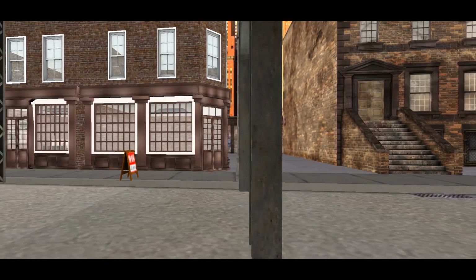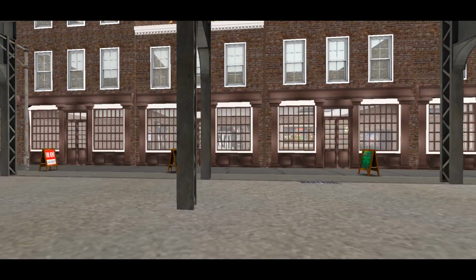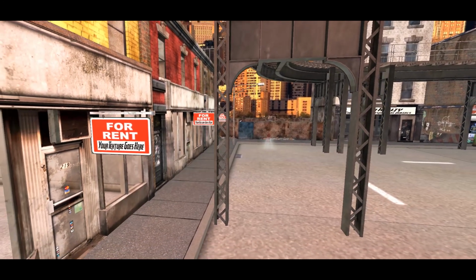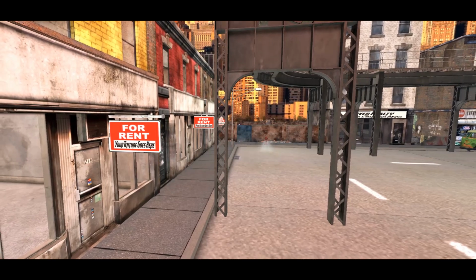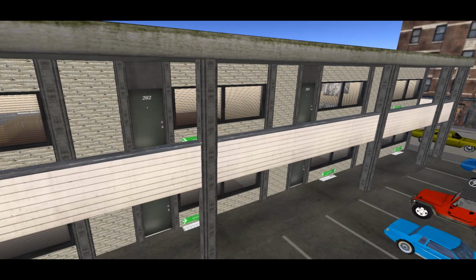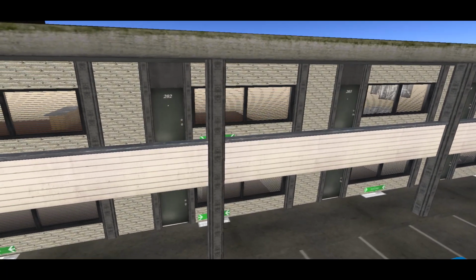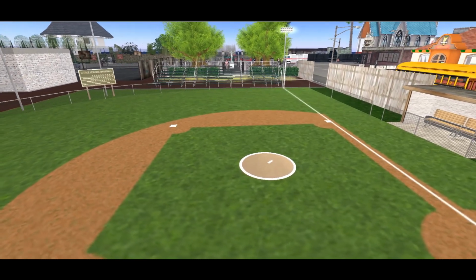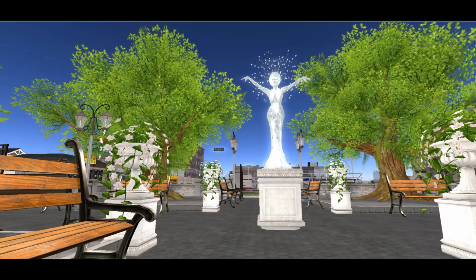If after visiting you decide that maybe you want to stick around in Clover City, there is no shortage of rental properties available to you, be it commercial or residential. All you need to do is visit the realty office here. Oh, and you also have to decide which part of town you want to live in, but there really is something for everyone. I mean, if you have kids, you can bring them to the playground here so they can play on the baseball diamond, while you sit in the park and